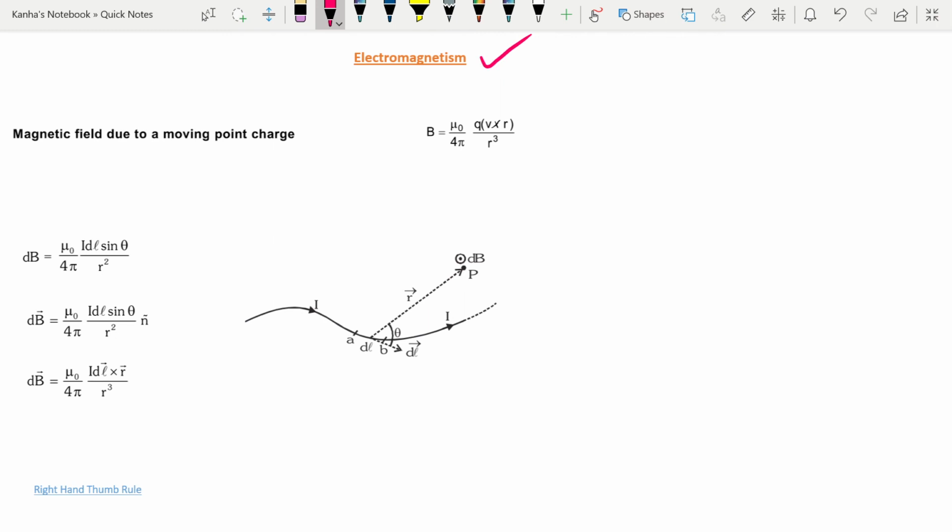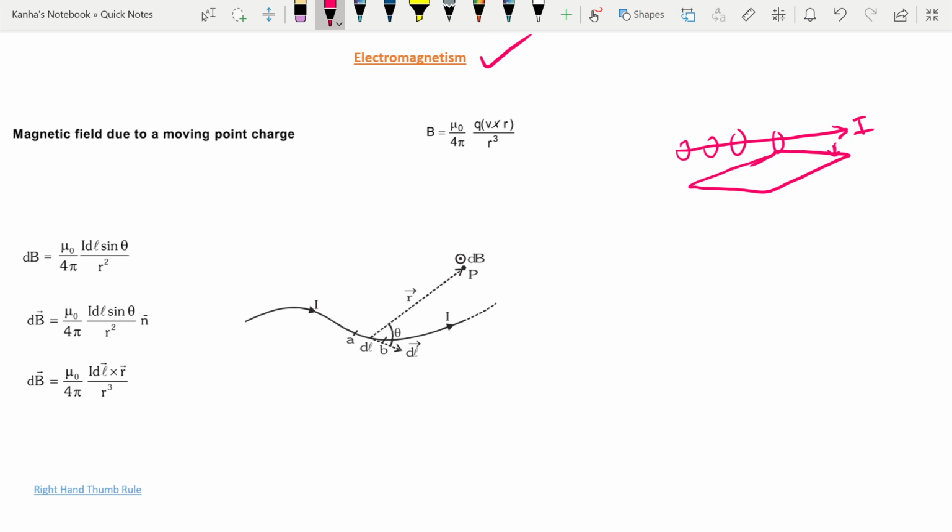This all started with the scientist named Oersted, who made a discovery in 1820. He kept a current carrying wire close to a compass needle, and he found that when you apply a current through the wire, the needle of the compass shifts. If the needle of the compass is moving, then that means there is a magnetic field around the electrical wire, or a force is being applied on this needle.